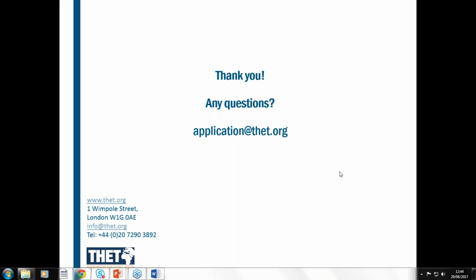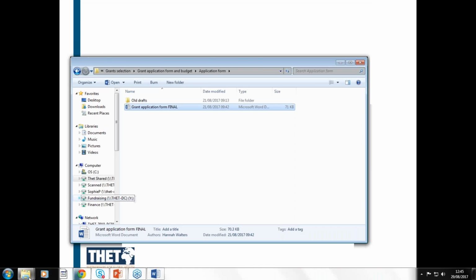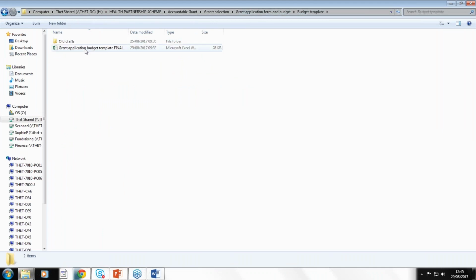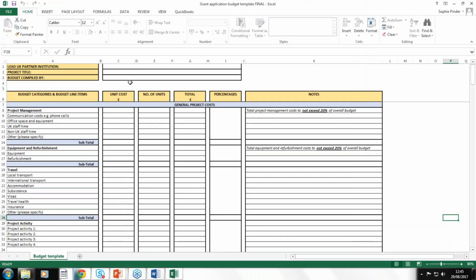Okay, so next question from Ian Holtby is, can you clarify what you mean by unit cost? So I guess an example would be, let me just bring up the budget, other documents, in the folder. Okay, thank you. I'm just going to open the budget template,